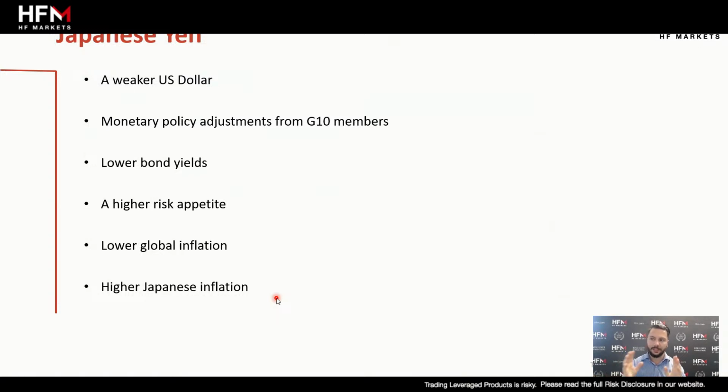Now, why is the Japanese yen also being affected by a weaker US dollar? When we're looking at a category, we have to think about the fact that each of these assets is competing against the others in order to attract investments from the market, from investors. When the market wants to either mitigate risk or spread their risk and invest a certain percentage of their funds in safe haven assets, they need to determine which one they're going to invest in. Now, if the US dollar is weakening, that really provides an opportunity for the Japanese yen,